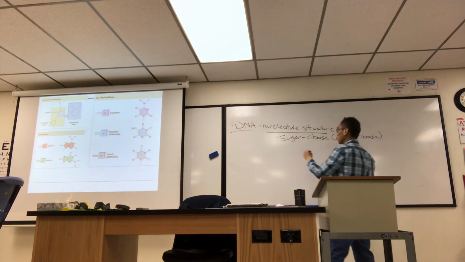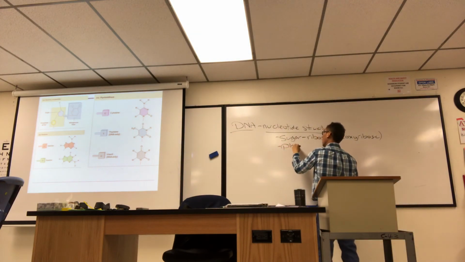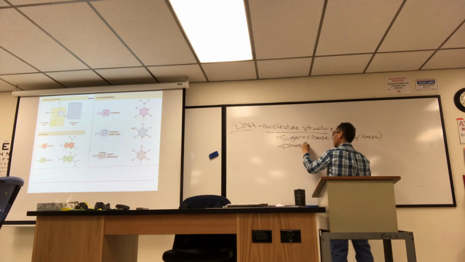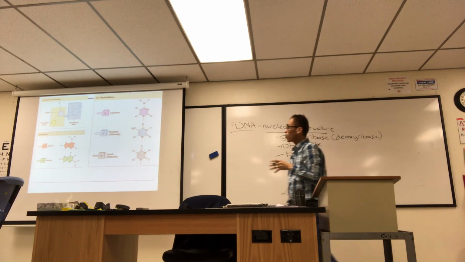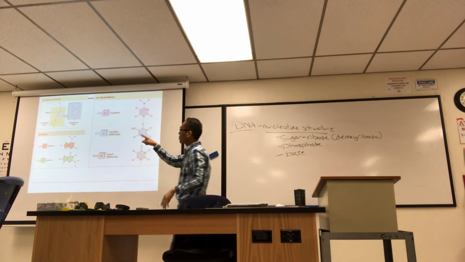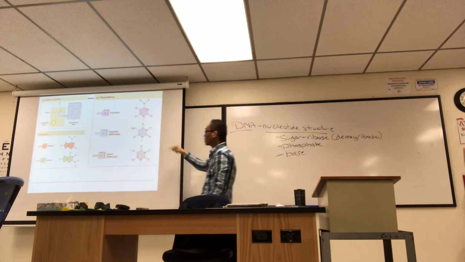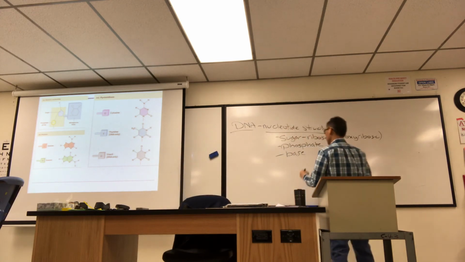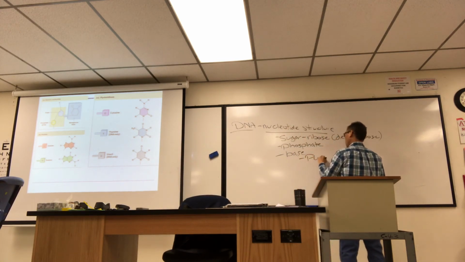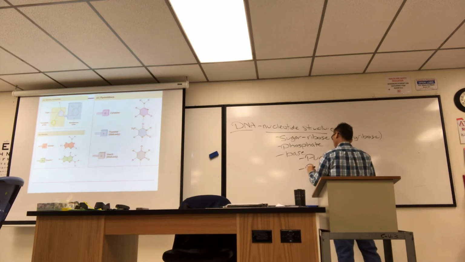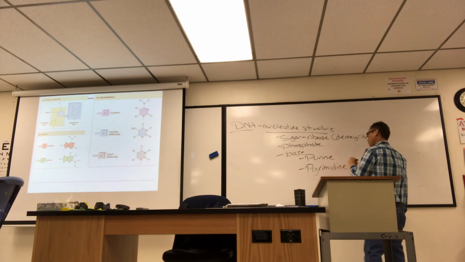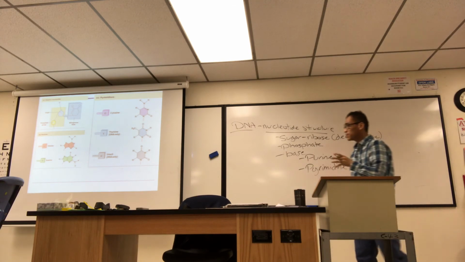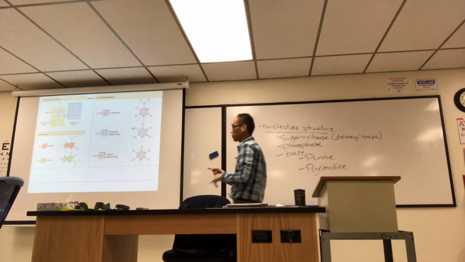The phosphate. Nitrogenous containing base. Now the bases could be one category of purines or pyrimidines. So it could either be a purine or a pyrimidine base. And the purine bases include, you don't have to know the structures, but remember the names,